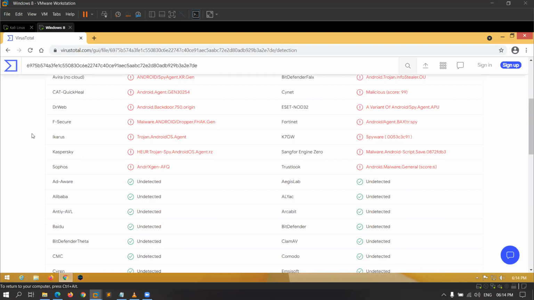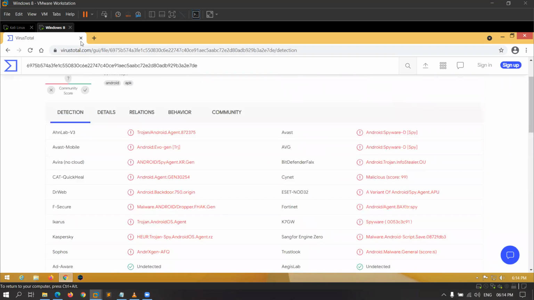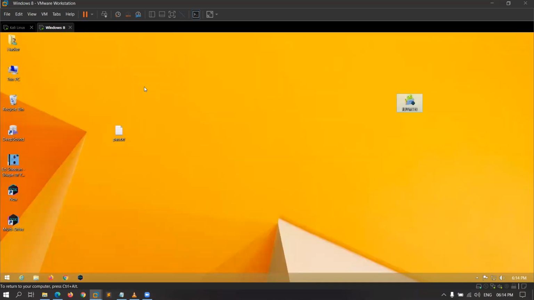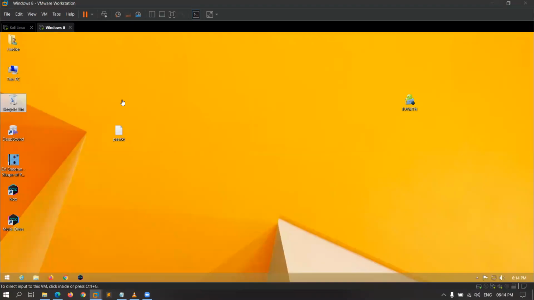So this is the way to create malicious code for hacking a mobile phone, and you can do it by creating a payload manually as well as automatically by using any kind of RAT. There are lots of RATs, you can use any RAT, but I will prefer 888 RAT because it will create a payload for both Windows operating system as well as Linux and Android operating system. So is there any question in your mind?